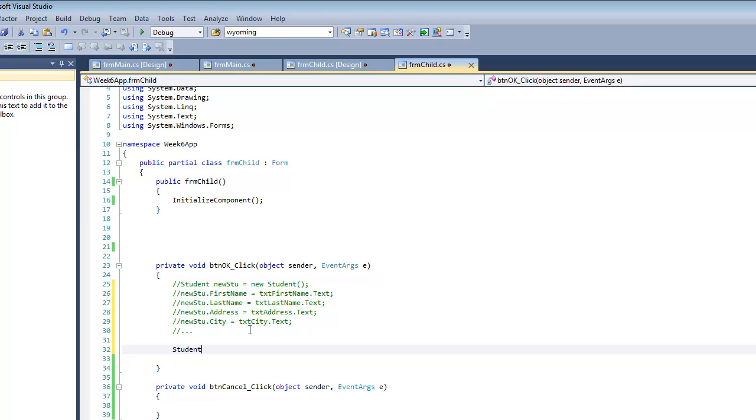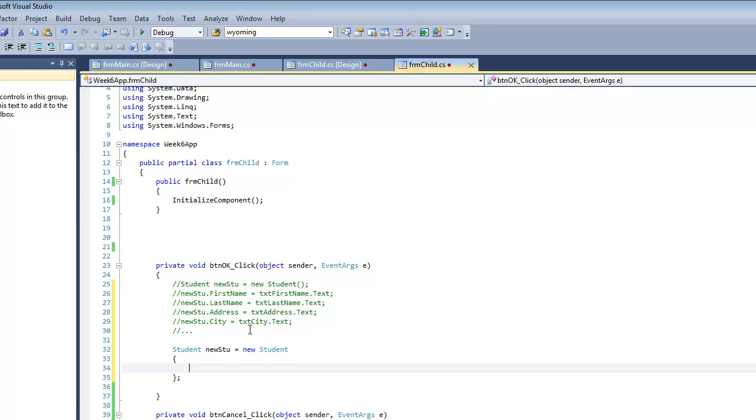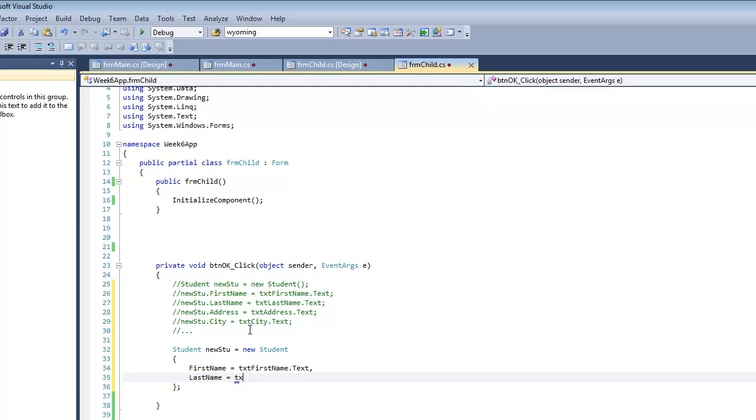So we can do Student newStu, just as we did before, equals new Student. But instead of doing open parenthesis, close parenthesis, semicolon, we'll actually do an open curly bracket, and then hit enter just as if it was a method or an if statement, and follow it by a semicolon. In between the curly brackets, we now have access to every public property of this class. So just as we did before where we kept saying newStu.firstName equals, we can simply put in here firstName equals txtFirstName.text. And now the difference is you'd use a comma, lastName equals txtLastName.text,